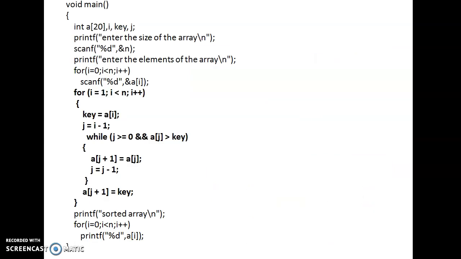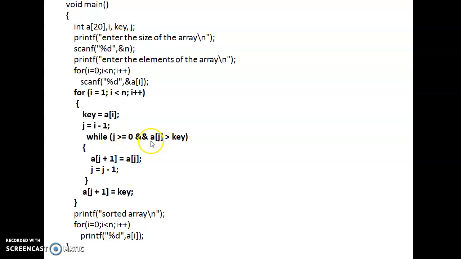Once again I am repeating that particular logic. We are starting the I value equivalent to 1, that is from the first index position to the last index position, we are checking the elements and placing them into the sorted sublist. We are taking the key element as A of I. We are starting at I value equivalent to 1. We are comparing with all the previous elements. That's why j value is starting at I minus 1 up to the starting element we are checking, that is j greater than or equivalent to 0.